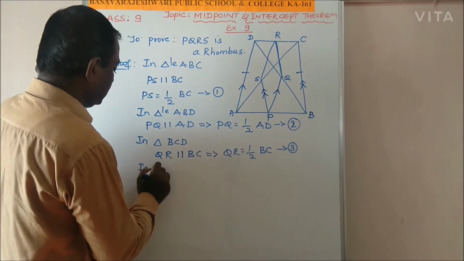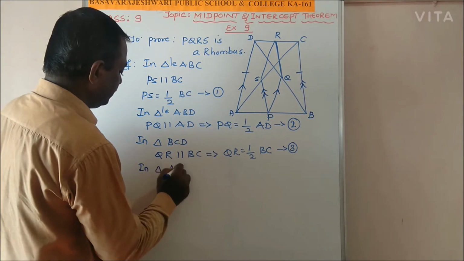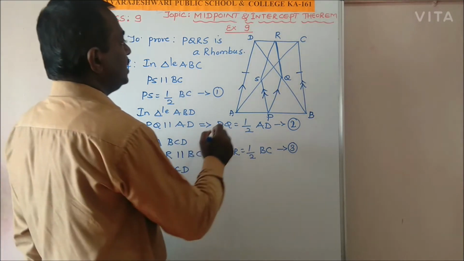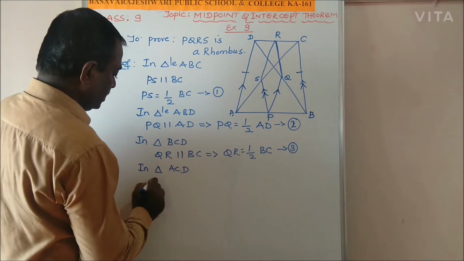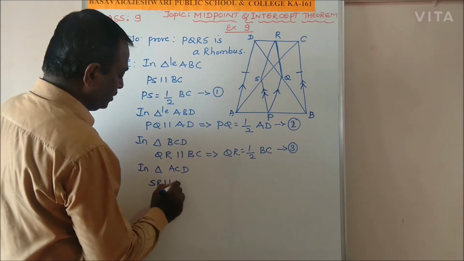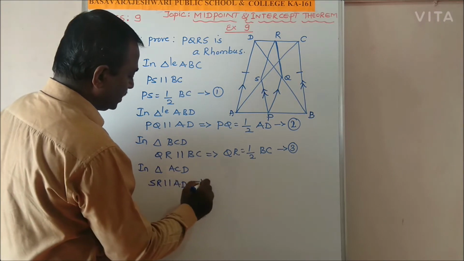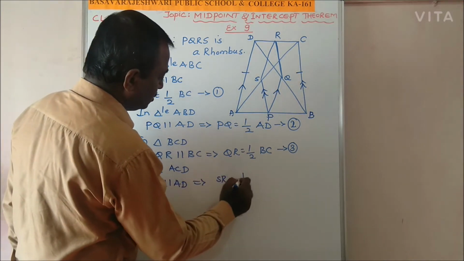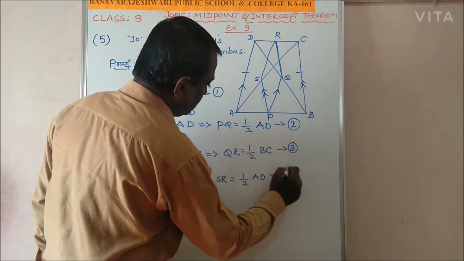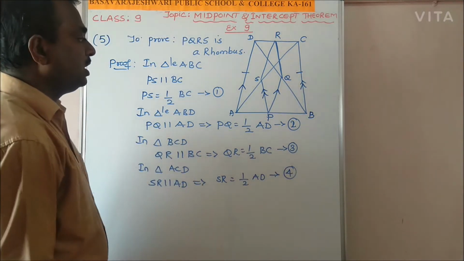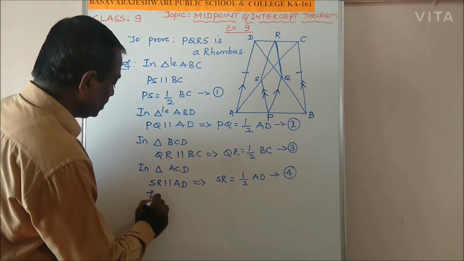In triangle ACD, SR is parallel to AD. This implies SR is equal to half of AD. Equation number 4. If you observe from equation number